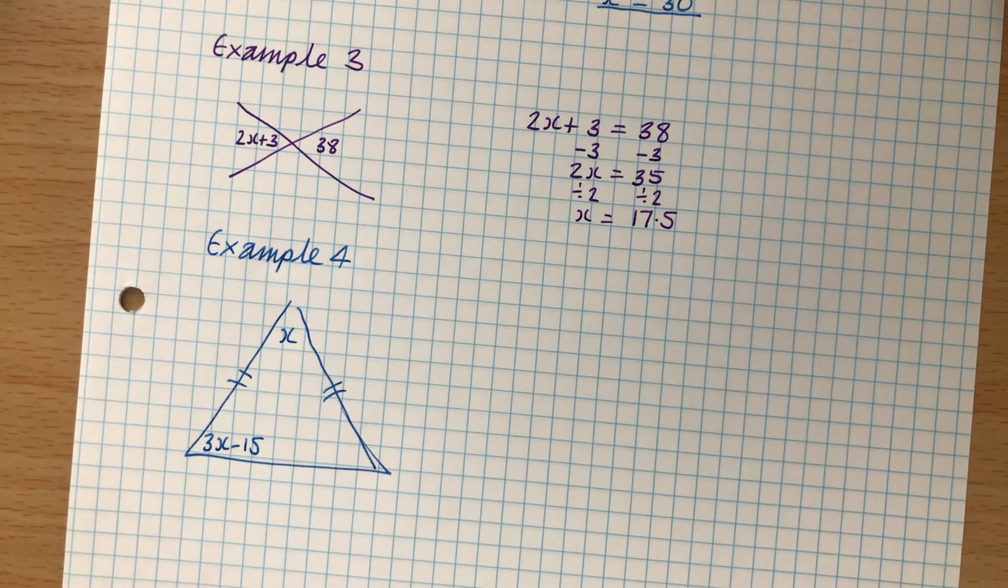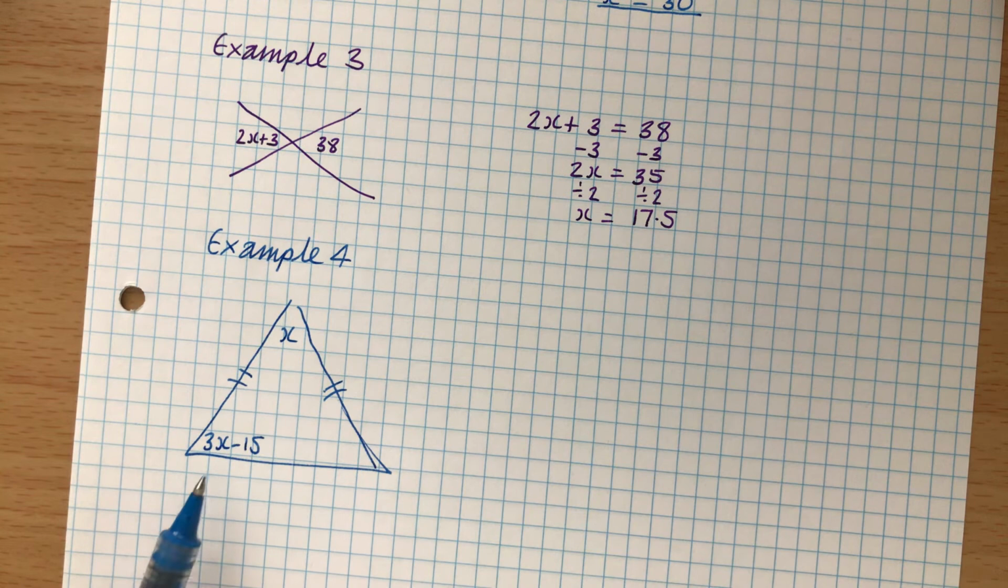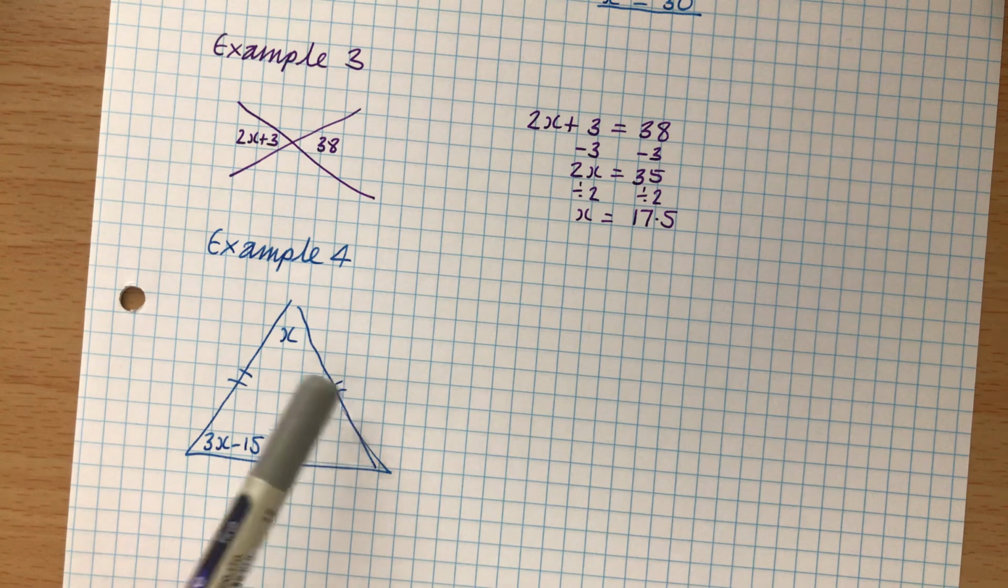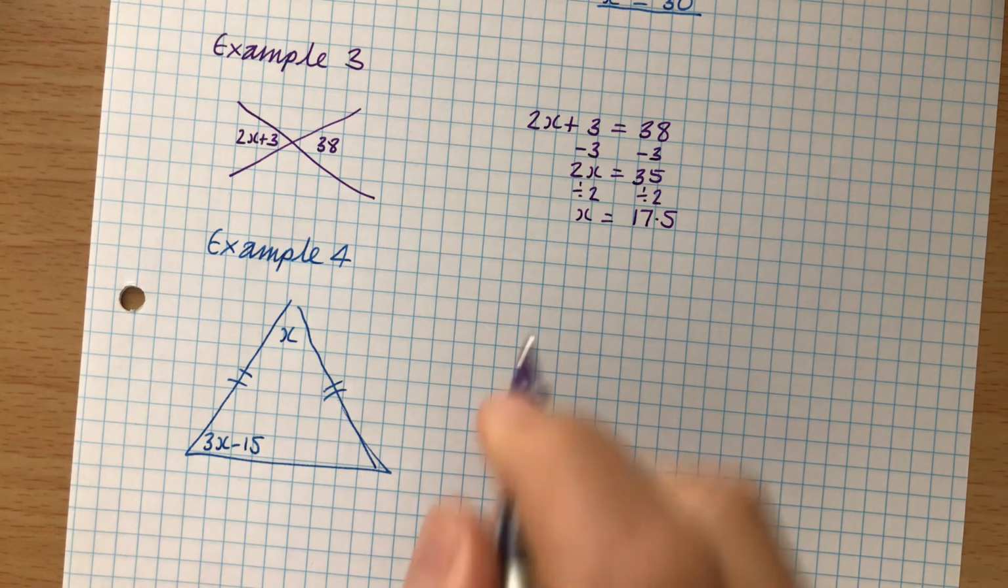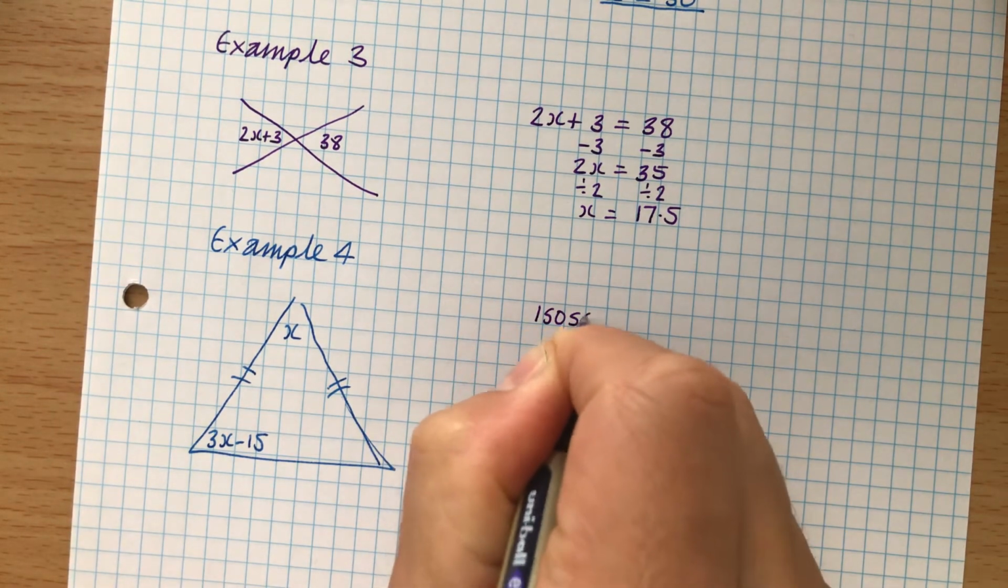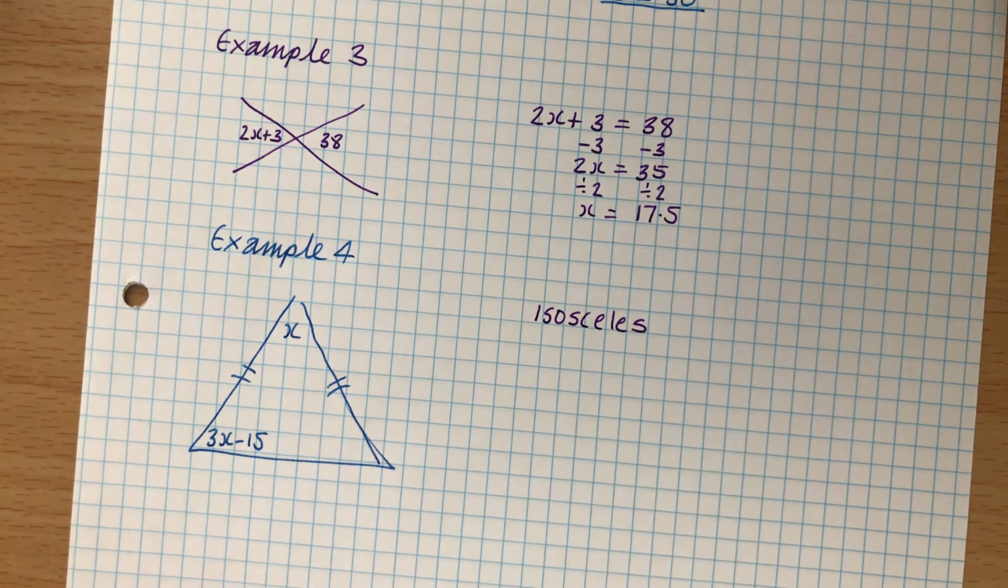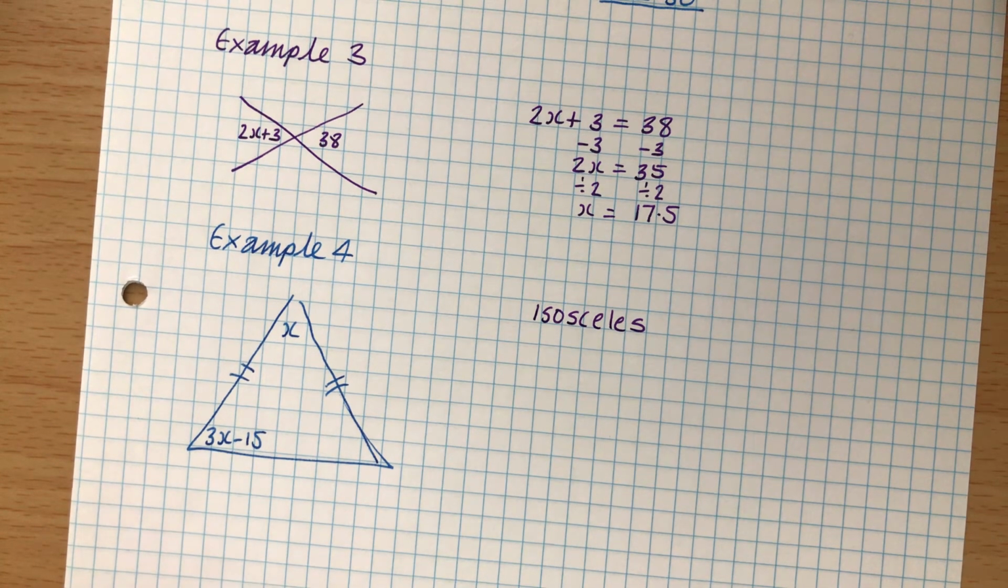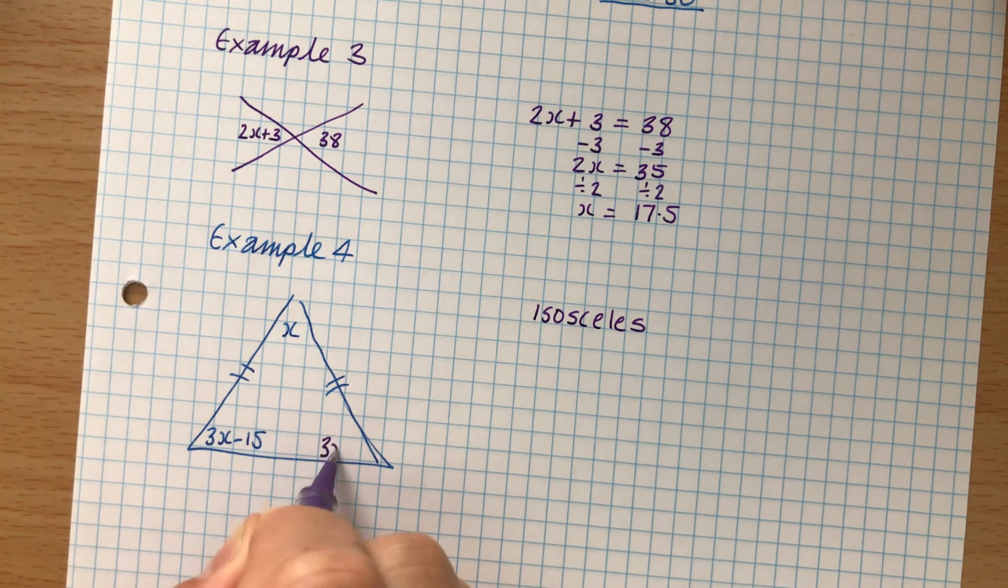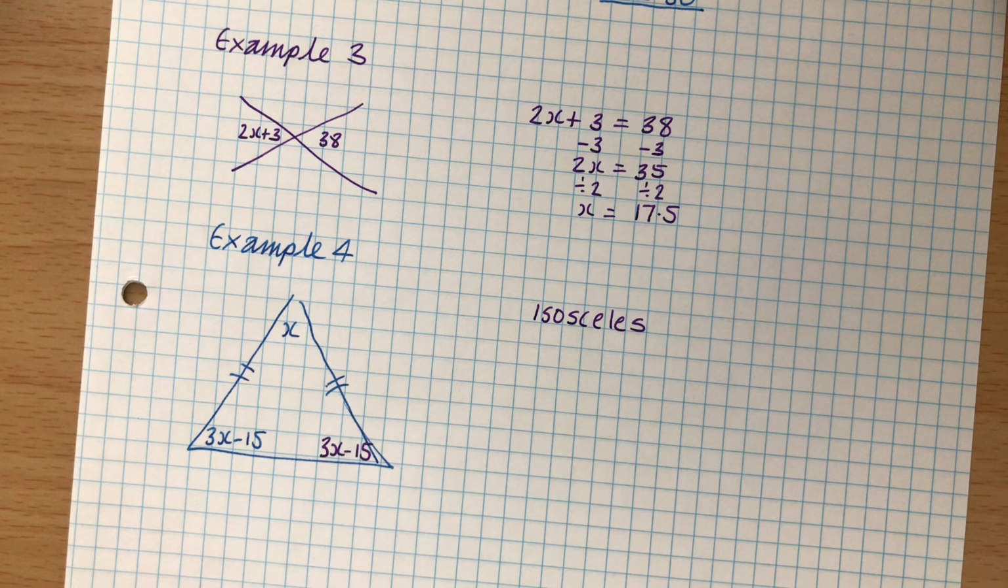We've got another triangle, we've got x at the top and 3x minus 15. Now, these lines indicate that we have an isosceles triangle, and the angle fact about an isosceles triangle is that the base angles in an isosceles triangle are equal to each other. So here is one base angle, 3x minus 15, so it means that this base angle is also 3x